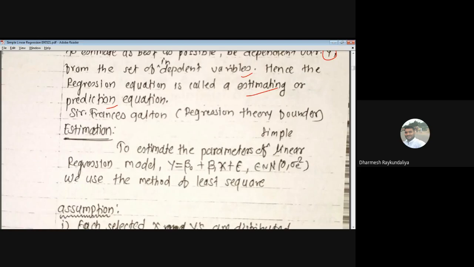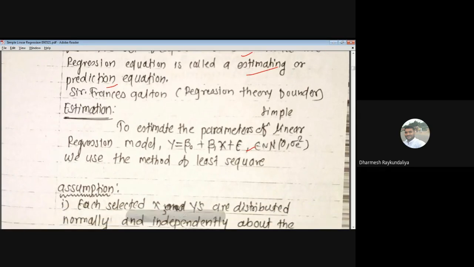So first, our objective in regression analysis is that we wish to estimate the models. Okay, so the estimate of the parameters of the regression model y equal to beta 0 plus beta 1 x plus epsilon is obtained by the theory of least squares. So what is the theory of least squares? We have already obtained this equation. If you write yi equal to beta 0 plus beta 1 xi plus epsilon i, then you can find that epsilon i is nothing but yi minus beta 0 minus beta 1 xi.